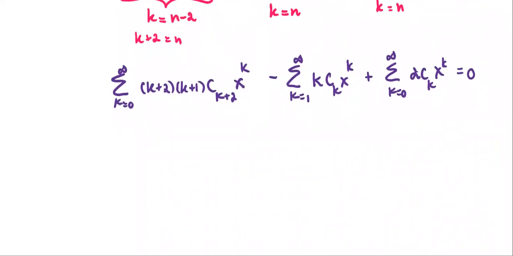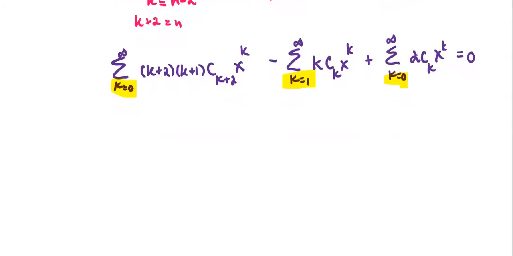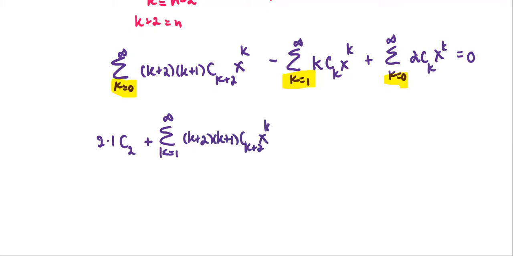From these three terms, the first summation starts at k equals 0, the second one starts at k equals 1, and the last starts at k equals 0. We are going to find the common summation where k starts at 1. That means for the first summation, we take the k equals 0 term out and write the rest as a summation for k starting from 1. So for k equals 0, the first summation gives 2 multiplied by 1 times c2, x to the power 0, which is 1, plus the summation, now with the index starting at k equals 1 to infinity, of k plus 2 times k plus 1 times ck plus 2 times x to the power k,